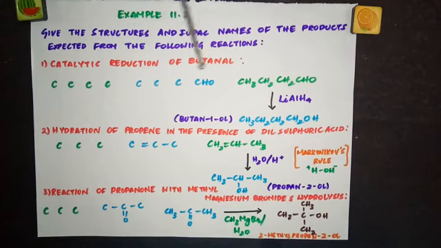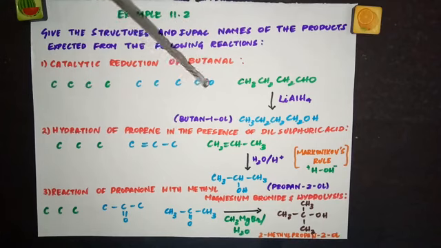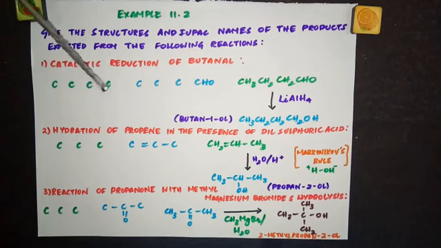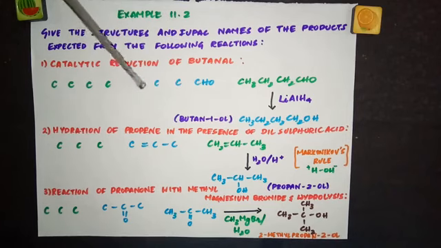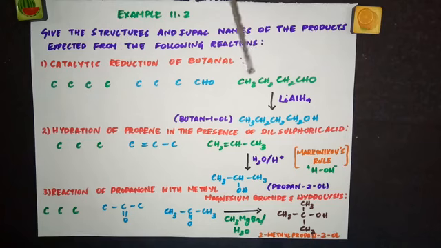So if you take butanal and reduce it, catalytic reduction, what will be the product? First write what is butanal. But means 4 carbon atoms. So 1, 2, 3, 4. Al means aldehyde group. So in the last carbon CHO is there. And remember, when you are counting, if there is a carbon in the functional group, you have to include that also in the parent chain. So in the last carbon atom, you have to write CHO. Don't put another bond and write again CHO, then that would be pentanal. This is butanal. So now write all the hydrogens here. So CH3, CH2, CH2, CHO.